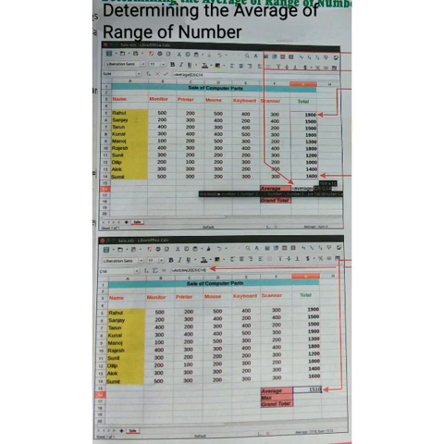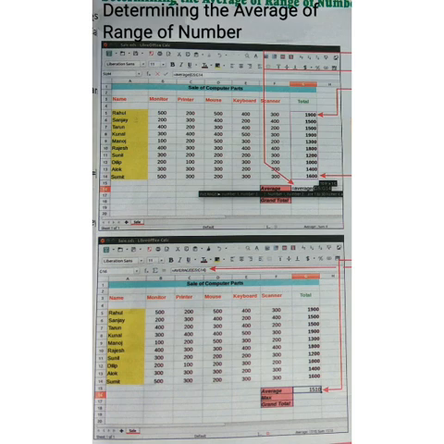Now if we take the example of Rahul, he is a salesman and he sold computer parts: 500 monitors, 200 printers, 500 mice, 400 keyboards and 300 scanners. In total he sold 1900 items. Similarly, the other salespersons, all 14 of them, sold items in their own way, and we want the average of these items.